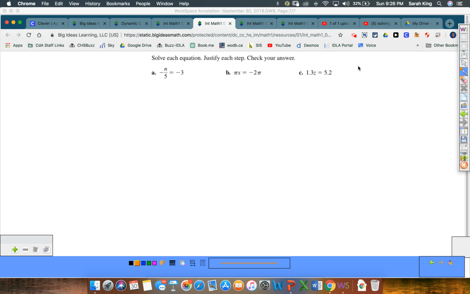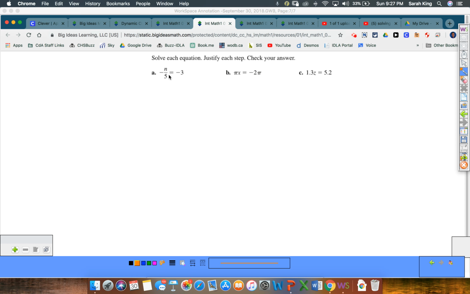I've got three examples here where we are using either multiplication or division to simplify the equation, and we solve the equation for one variable. We try to isolate the variable, get it on one side by itself. In order to do that, we need to get rid of all of the stuff that's on the same side of the equal sign as the variable. All the numbers, all of the stuff needs to go away